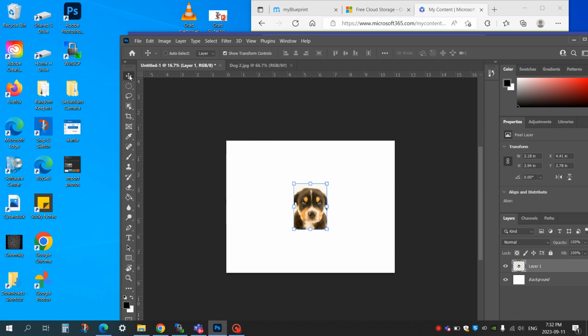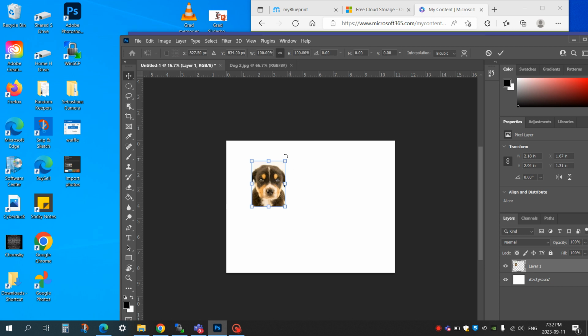I'm going to select the Move tool, and within the Move tool, I'm going to select Show Transform Controls. I'm going to turn off Auto Select. Show Transform Controls allows me to rotate, move, and shrink or enlarge this image a bit. And once I've got that how I want it, I can come over here and I can select the check